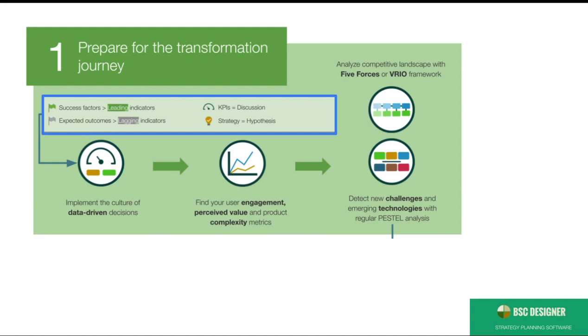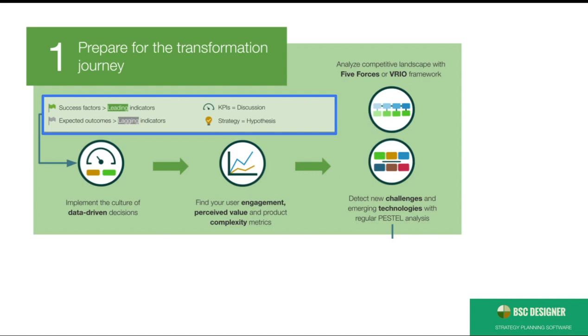Try to replace the perception of a KPI term with the idea that the KPI is a base for the discussion. When you discuss with your team the goals and their meanings, you want to replace vague ideas with something more tangible and specific. Finding the right KPI is a good way to do this.